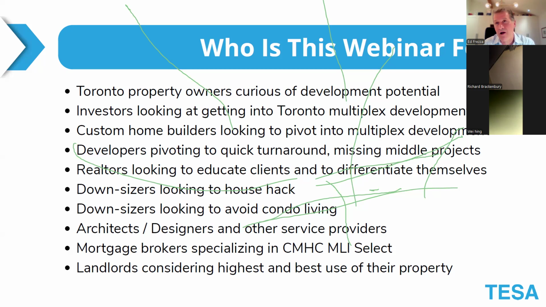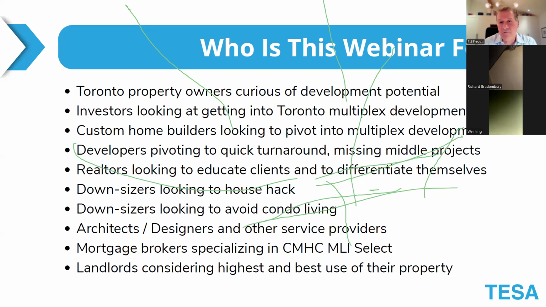And they're trying to figure out how to house hack, a term that maybe you're familiar with, maybe you're not, but it basically refers to how to use your asset, your home, as a way to generate ancillary income that will then allow you to live for less or for free if you have enough of a positive cash flow there to offset expenses. So what does that look like?